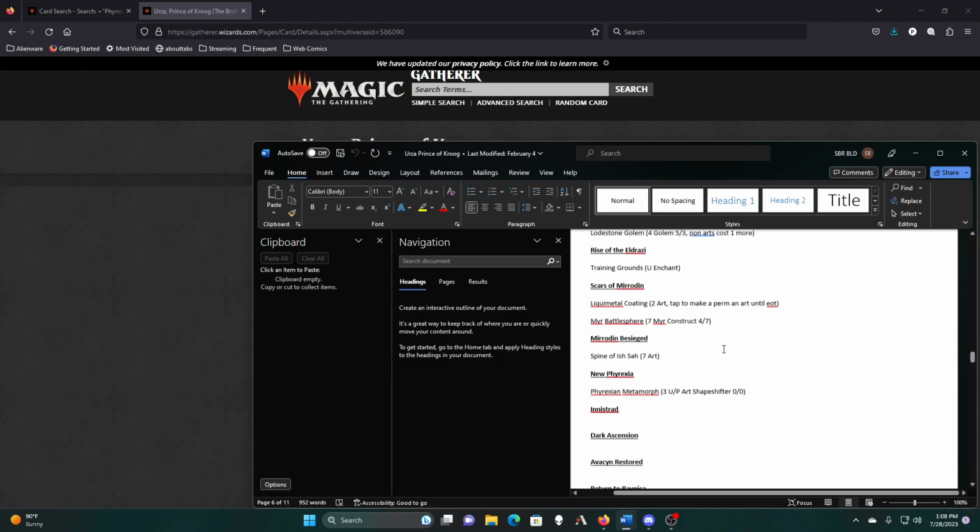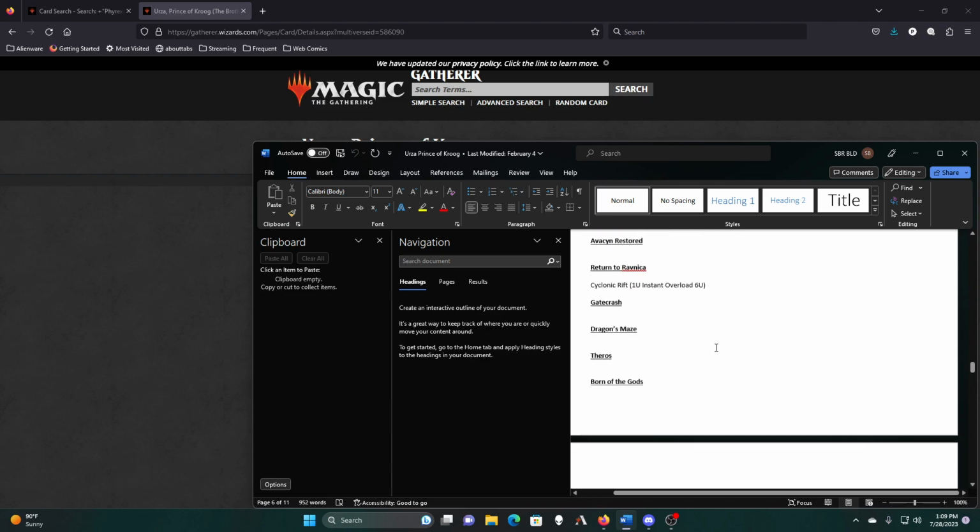Training Grounds, Liquid Metal Coating to turn our non-artifacts into artifacts. This is primarily for the card Training Grounds. Making this into an artifact and copying it means we have multiple Training Grounds in play, so that reduces the activation on Urza by an extra 2 each time until he's at 1 mana to activate, because it can't reduce it below 1. Metamorph, Cyclonic Rift,